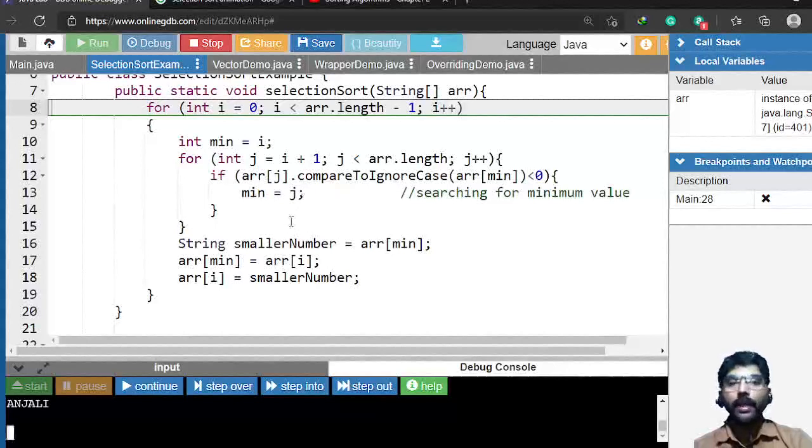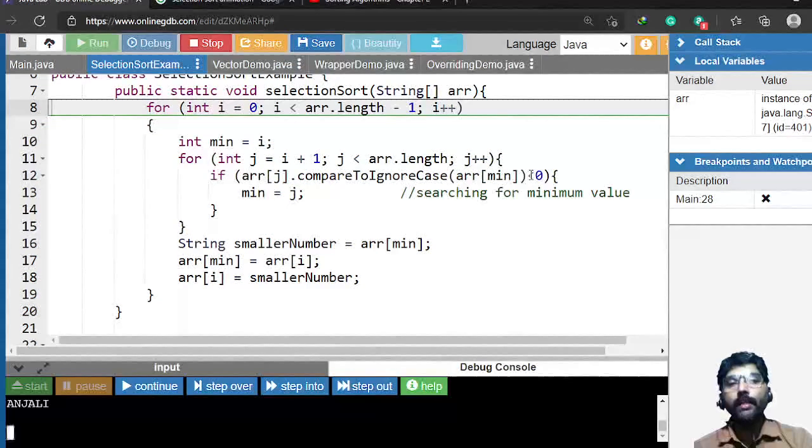How is the comparison actually done? First, you have to understand. I already explained how the comparison is done in the theoretical section. For that, I am using a method called compareToIgnoreCase. If two strings are being compared, this is the first string, this is the second string. The string comparison will be done using the method compareToIgnoreCase. Whenever array j is smaller than array minimum, this value is a negative value.